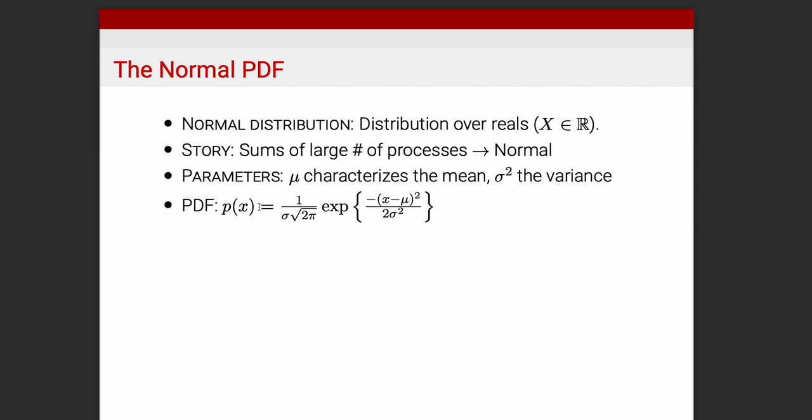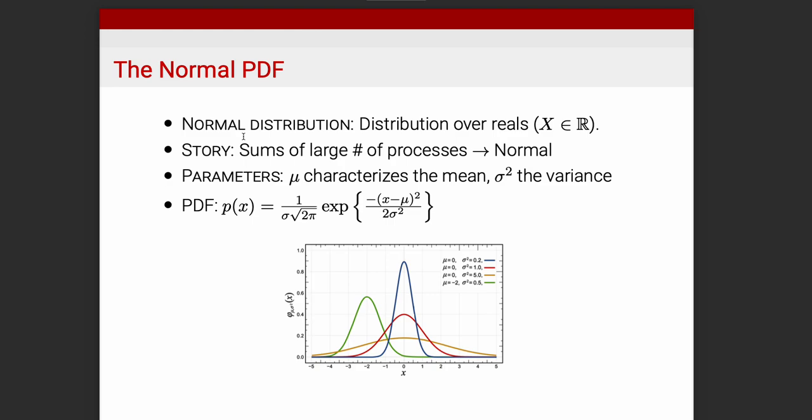You can think of a PDF intuitively as defining relative likelihood. The PMF defined likelihood in some absolute sense, but because of all the nuances with continuous spaces, we can no longer think about absolute likelihoods, but we can define relative likelihoods using the PDFs in ways that we'll continue to explain as we go. So this is an example of a continuous distribution, and we're going to get to know it pretty well since the visualization from the course actually is going to connect to the specific distribution in ways that we'll talk about as well. So this is one example of a PDF as opposed to a PMF, and here are different distributions.